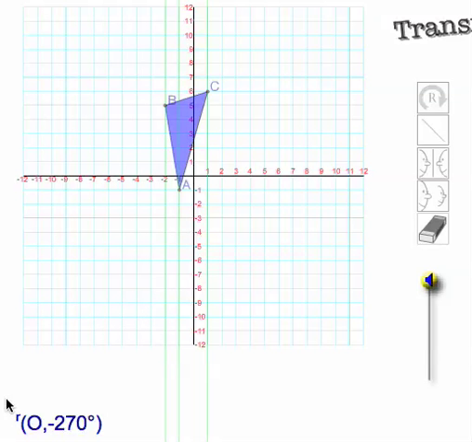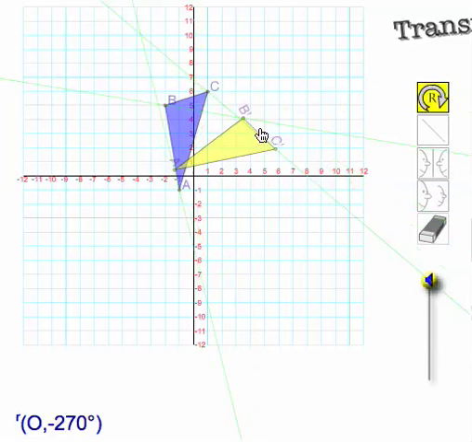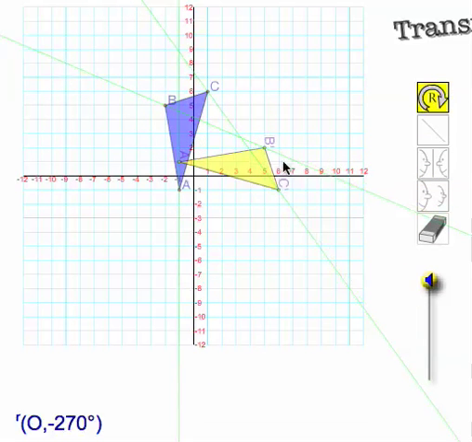Here we're being asked to rotate about the origin, negative 270. Now, 270 degrees is going to be, okay, so this is the negative direction. I'm looking at the C here, and if I rotate that 90, I'm here, 180, I'm there, and another one brings me to here. So let's just rotate the whole shape. Click, and we're going to rotate. Okay, that's 90, and then